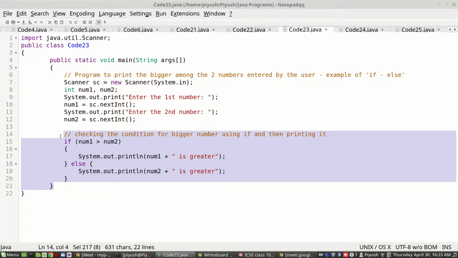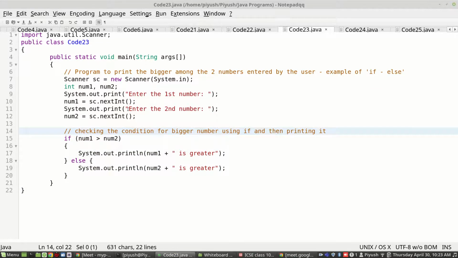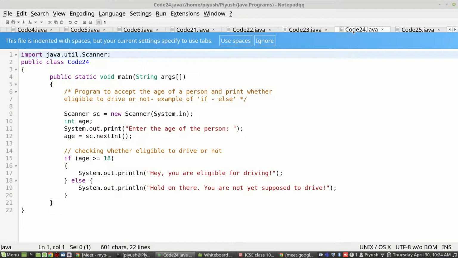Only one case, if. More than two cases, if else if. Okay, so we accepted the first number, then we accepted the second number, and then we checked, is the first number greater than the second number? If that is true, we displayed the message num1 is greater, else we displayed num2 is greater, right? Then finally, this